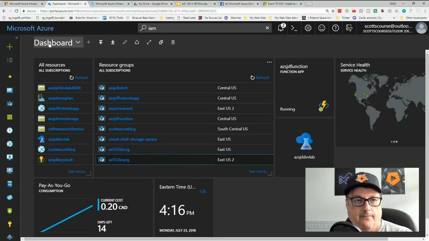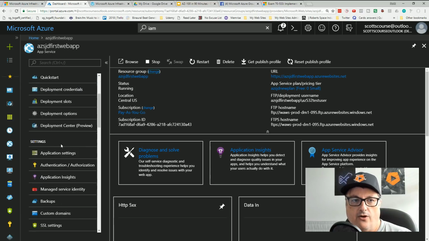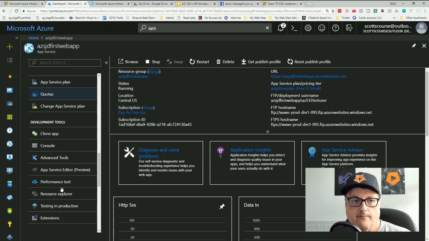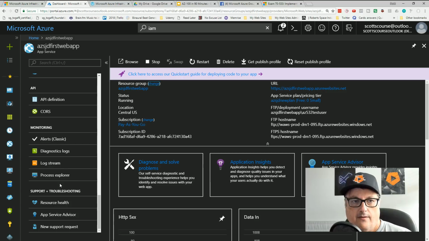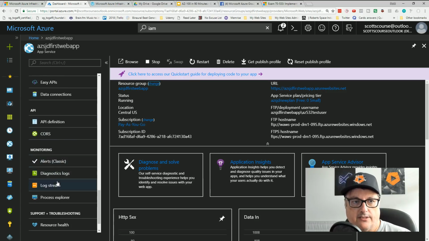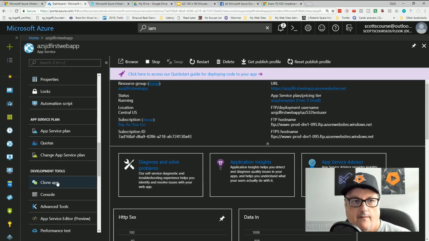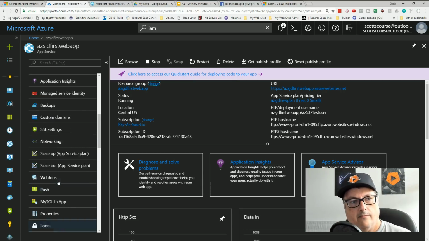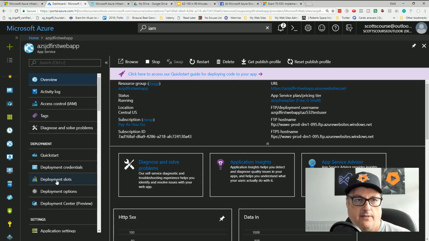So, we know that we can go into individual resources. So if I go into this web app, we know that there is a metrics. There's a monitoring alerts. Where's the metrics?